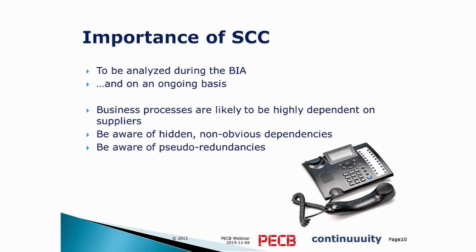But if one of them is depending on the other, for example, if I have a main telecom provider and a backup telecom provider, but the backup telecom provider uses the same physical connections into my building or into my campus, then I'm not spared by